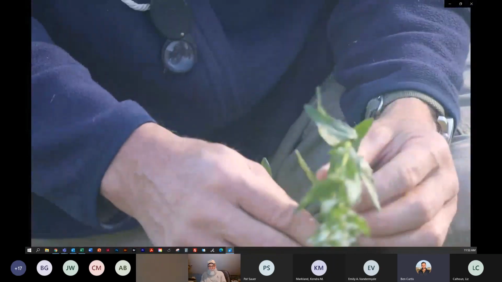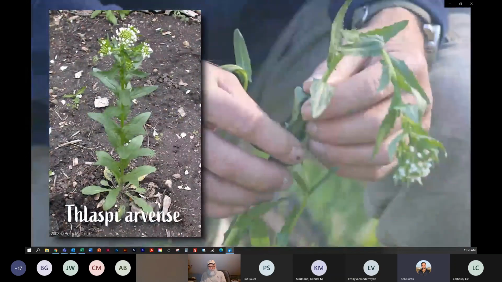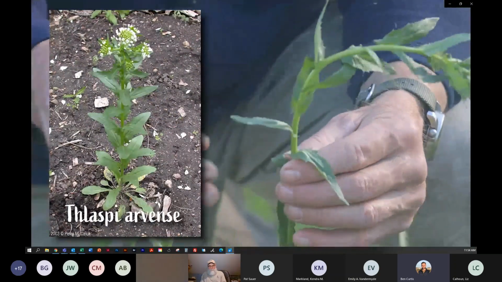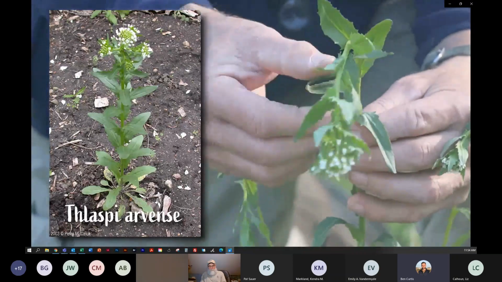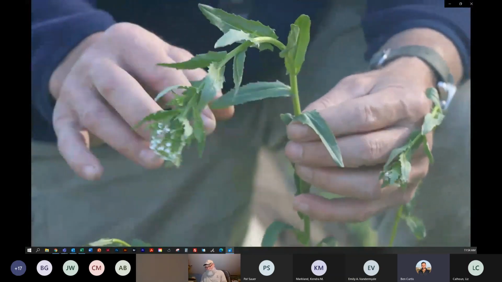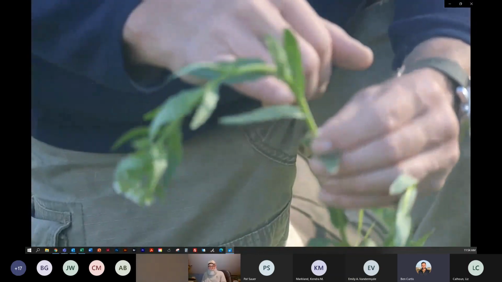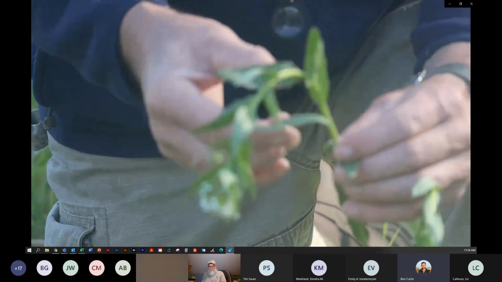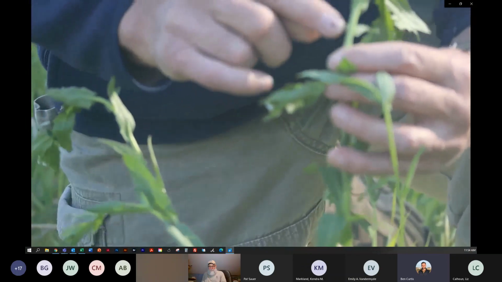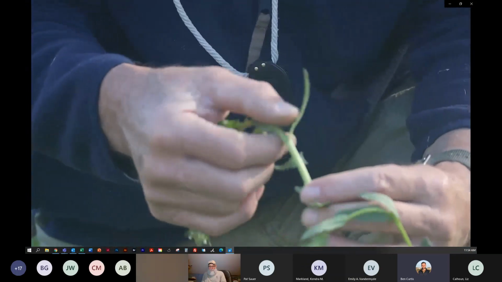This one is pretty easy to distinguish. It's a species called Lepidium campestre, or field cress. One of the things as you start working with mustards that's going to be important is to distinguish whether or not the leaves have a base that is sort of lobed at the base. So the base of these leaves here have little lobes at the bottom. Those little lobes kind of wrap around the stem just a little bit.